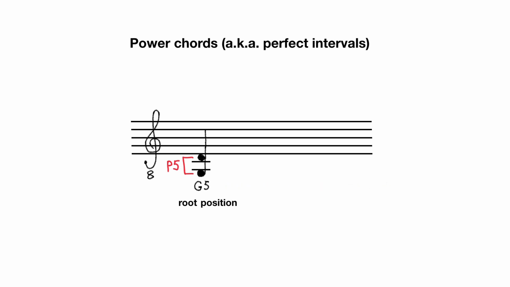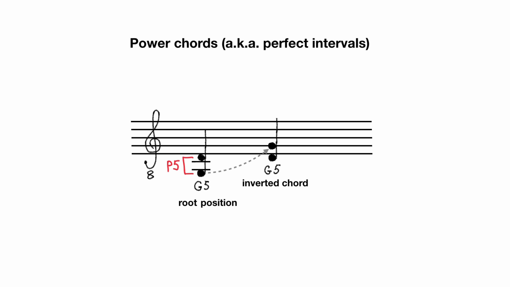Now remember the principle of octave equivalence, which we illustrated in our first lesson by altering the world-famous Hot Cross Buns. If we replace a note by another that is one or more octaves away, we pretty much hear the same melody or harmony. I can therefore take the root of our chord and move it one octave higher. By doing so, I get what is called an inversion of the G5 chord. In the inversion, the fifth is now the bass and the root is in the soprano.